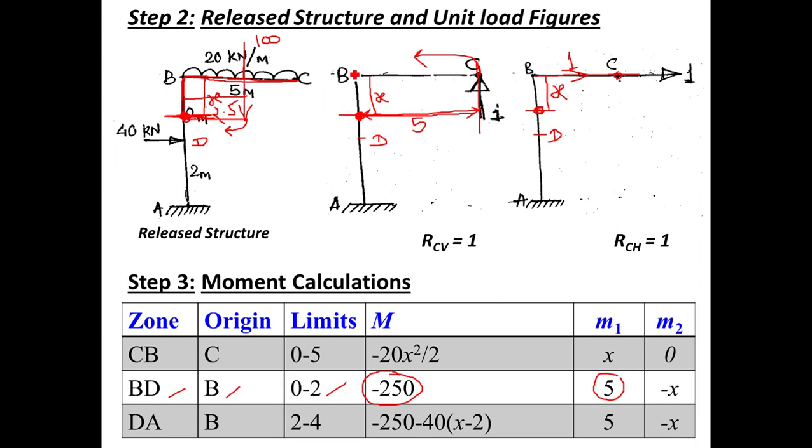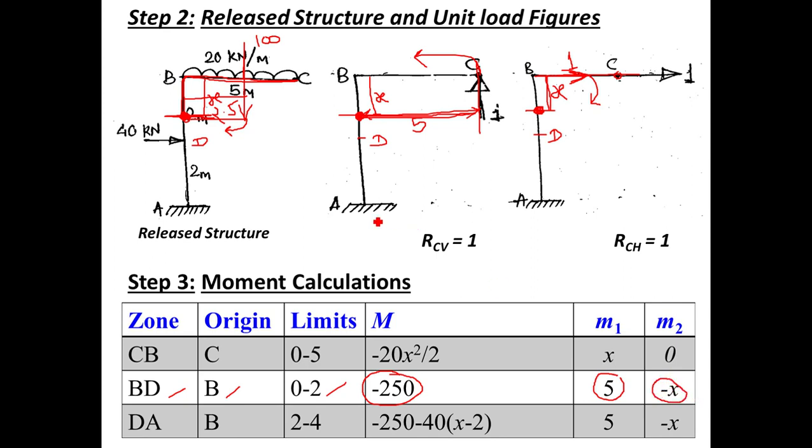In the previous two figures, the forces were vertical. The UDL force is vertical, the unit load force is also vertical, and that's why the perpendicular distance was directly known to us. In the first figure 2.5 and in the second figure 5. But here in the third figure your distance will be in terms of x. So 1 is a horizontal force and at this point where we are taking moment, its distance is x. So 1 into x will produce clockwise moment. 1 into x is minus x. So this will be minus x.